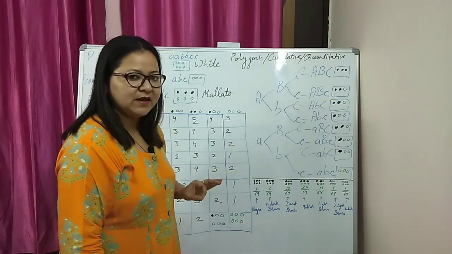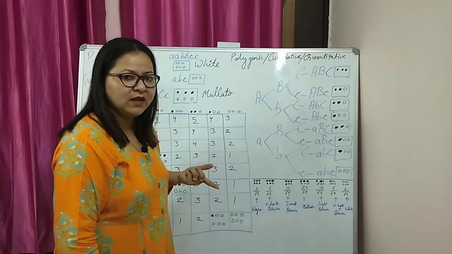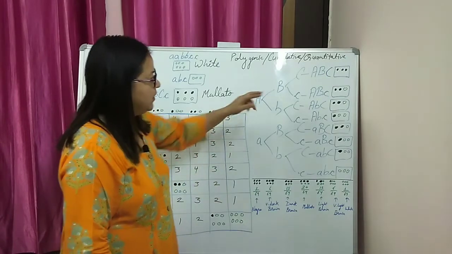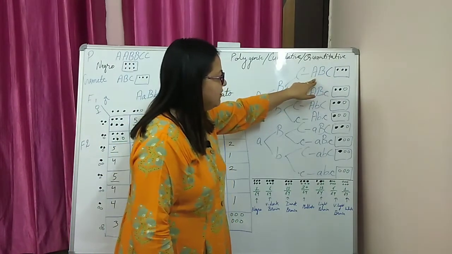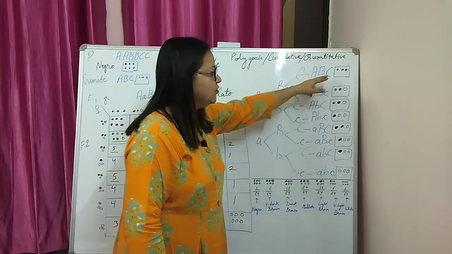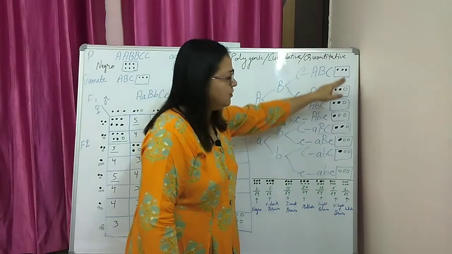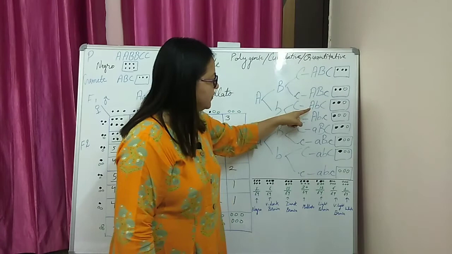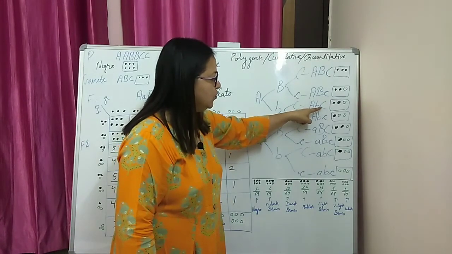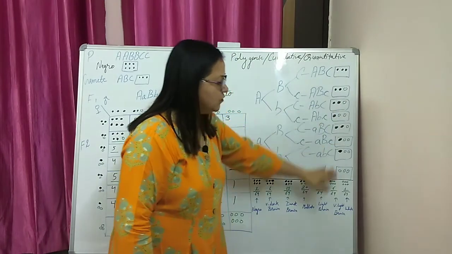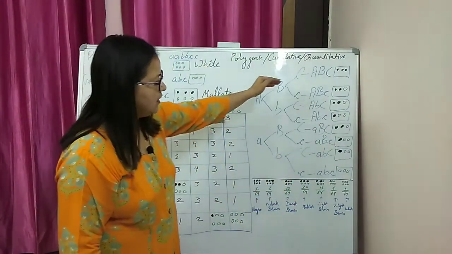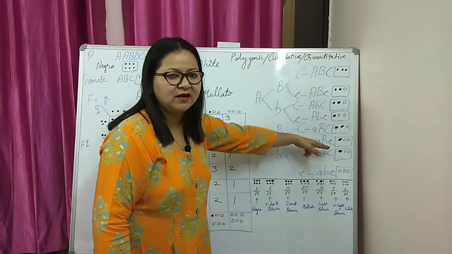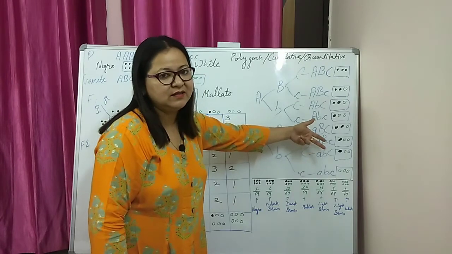Now we will use the symbol again, because it is a cumulative effect, where only the dominant alleles add to the expression of phenotype. So here all the capital alphabets written mean all the alleles are dominant. So I made here 3 dark spots. In case of 2 dominant alleles, 2 black, 1 green. Here small b is there, 2 dominant, 2 black, 1 green, and so on. Clear? So this is the way, instead of writing alphabets, I use the symbol, the dark color, to show the dark color in the skin.